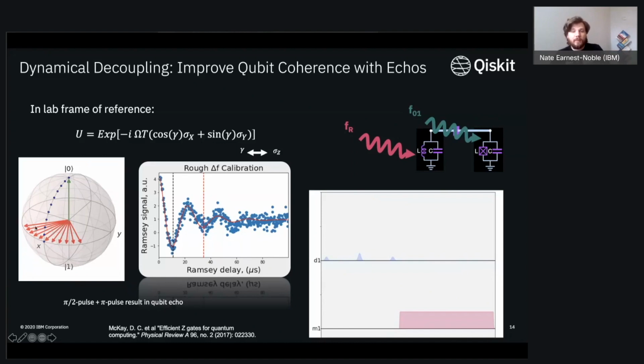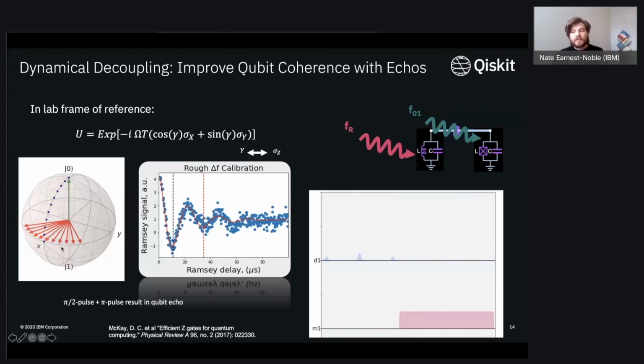So if you take the pulses or the arrows here and flip them to the other side of the equator, they then begin to precess back together. So it's in this way that your state will then end up being better defined, and so where these arrows are pointing will be better known in some sense.